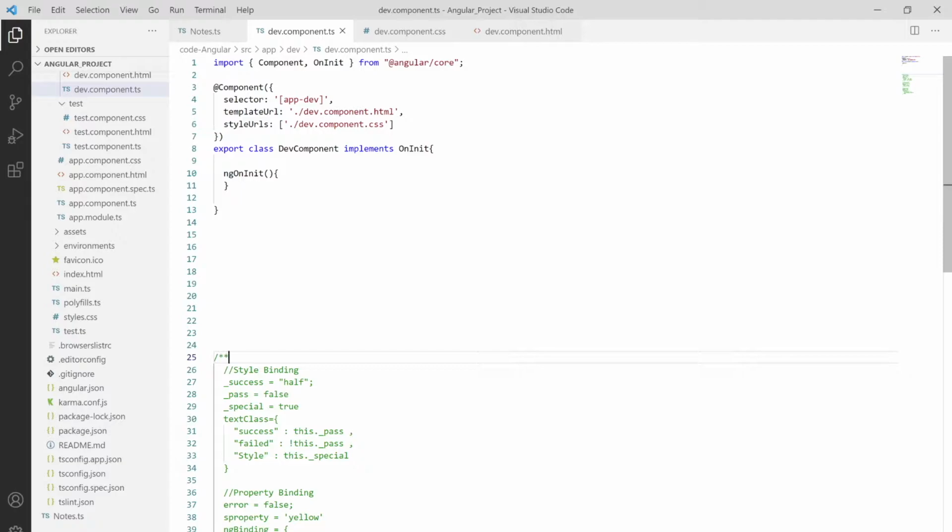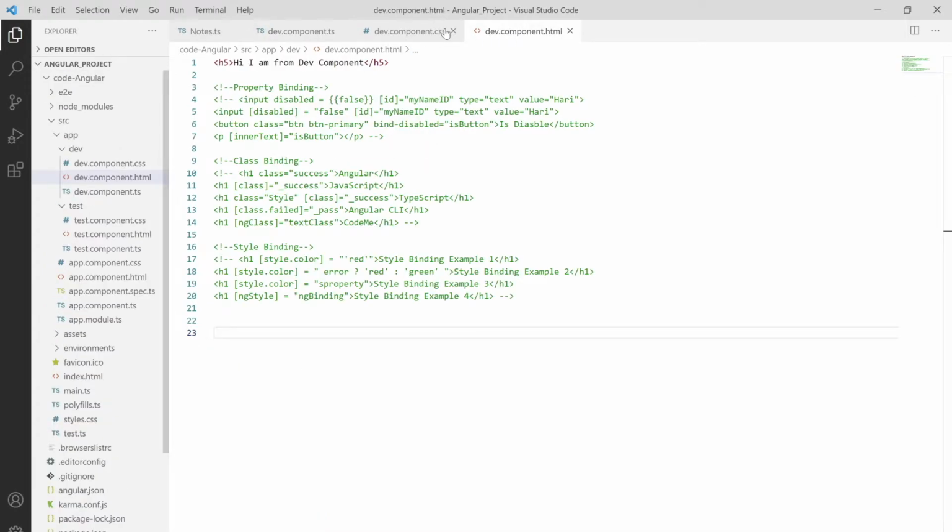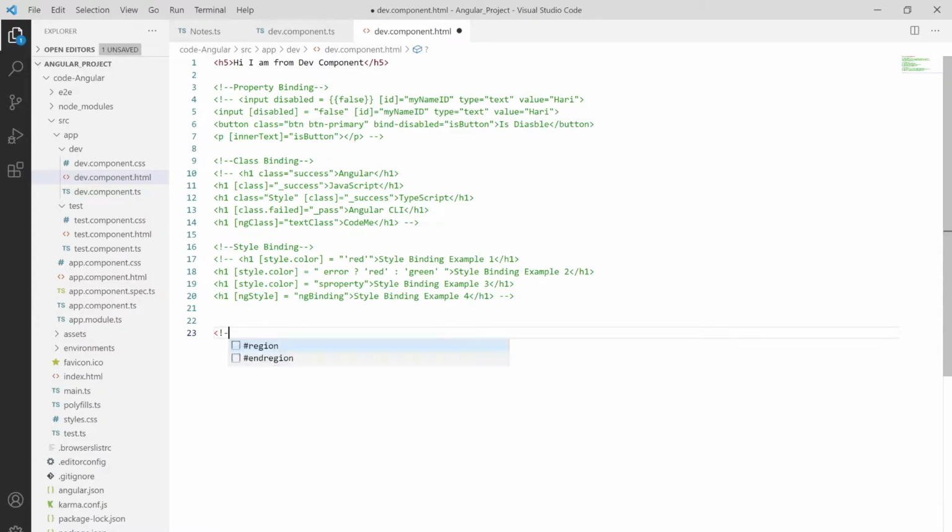In the component HTML, we don't need the CSS file, so let me close it, and let me put an HTML comment over here, as we are using event binding over here. So I'm creating a button over here, with a class.